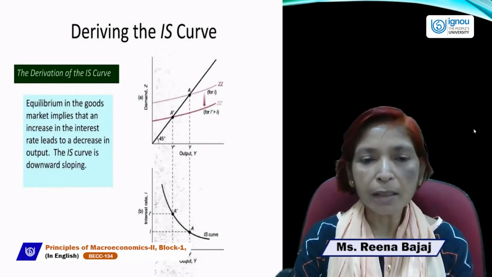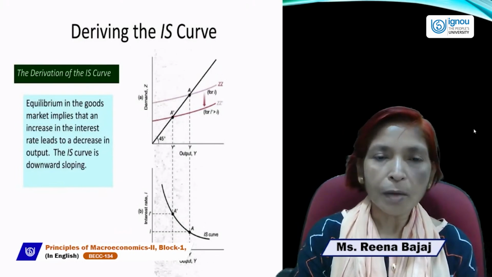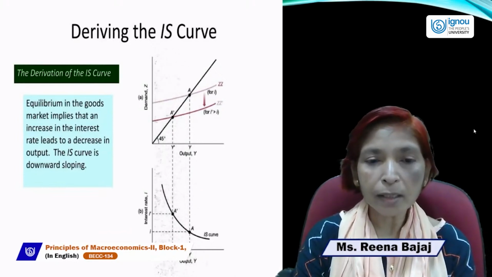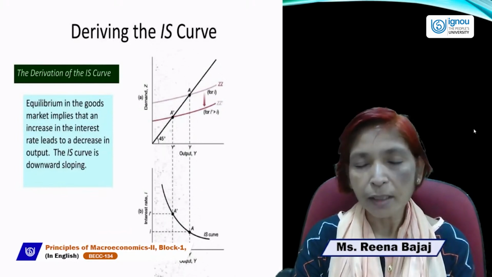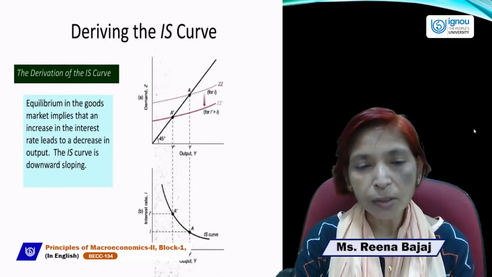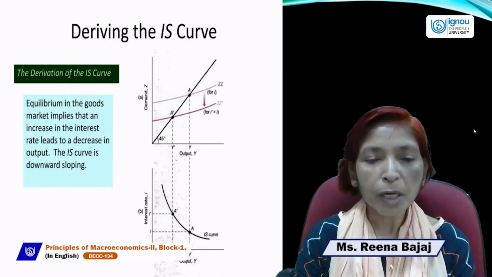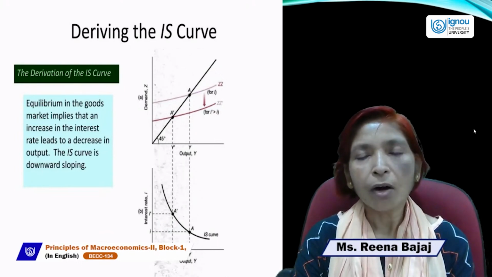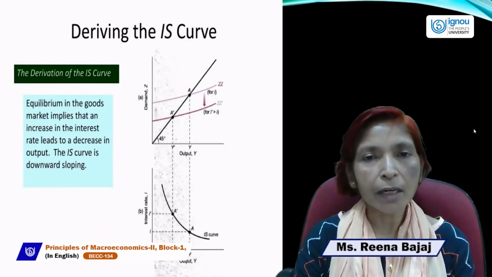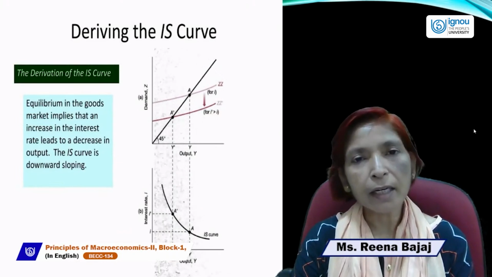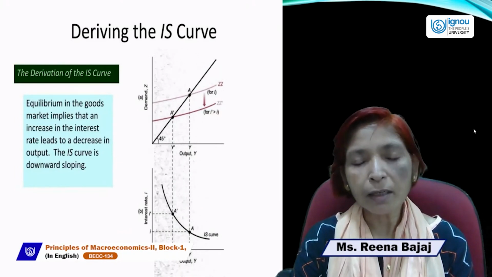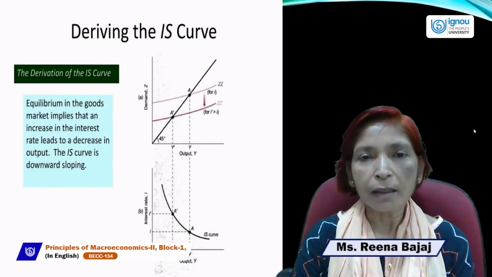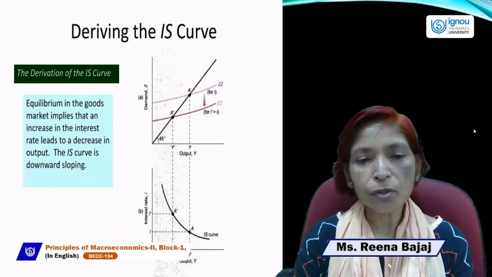Then aggregate demand takes two components, C and I, and here C shows consumption, and consumption can never be zero. At zero level of income, a minimum level of consumption always exists. That is called autonomous consumption, which can never be zero. That's why the aggregate demand curve always starts from the y-axis. If investment increases, then this AD line will shift upward.